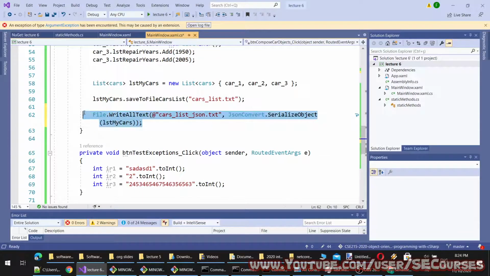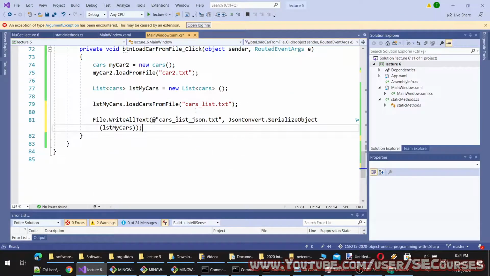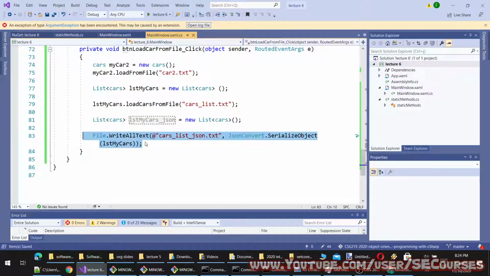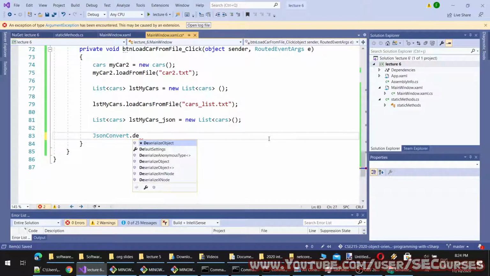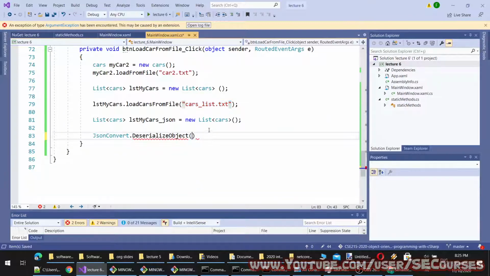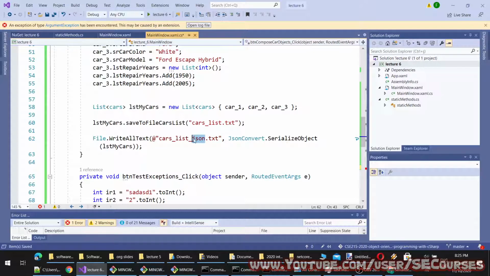And then to load back into the object from text, I'm defining another list of cars, and this time it will be like this: JsonConvert.DeserializeObject, and it will take a string value, which will be File.ReadAllText, and I'll name it json.